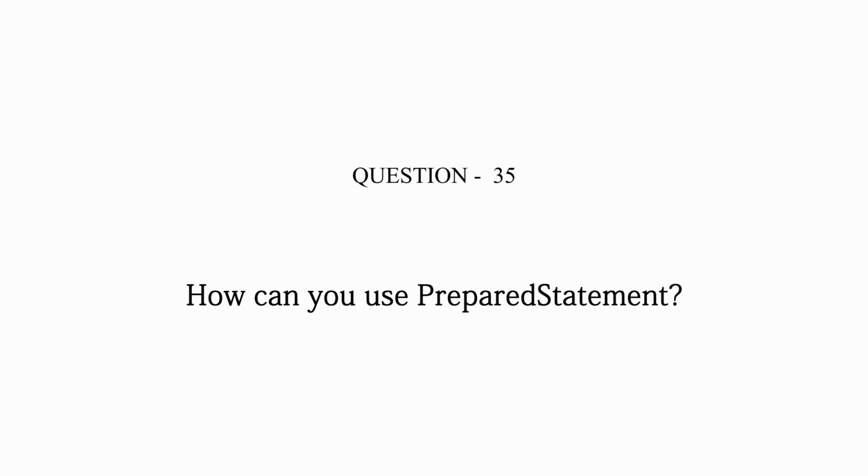So this is the way in which I am creating the object here. Then I'm going to set the first value as 100, which is an integer, and the second value as a string, which is Satan here, right? So what do we have? We have insert into user values, and after that we have given two question marks, right?